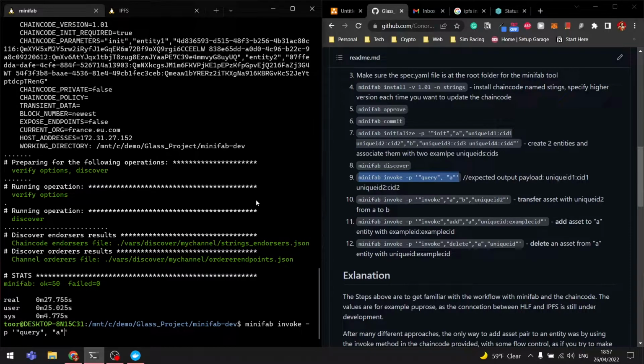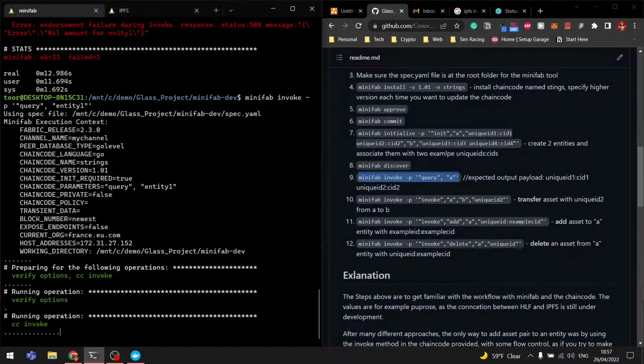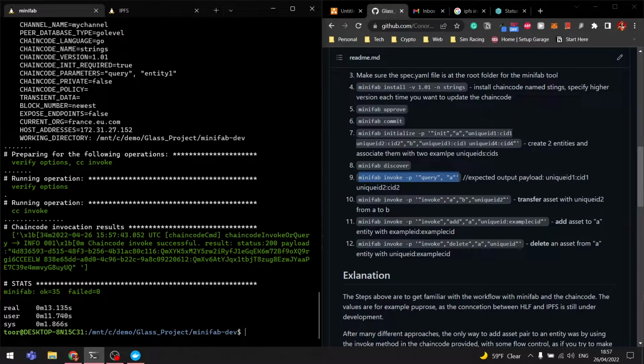So we can query entity 1. You can see that the state of entity 1 is this, which is simply the unique ID and then